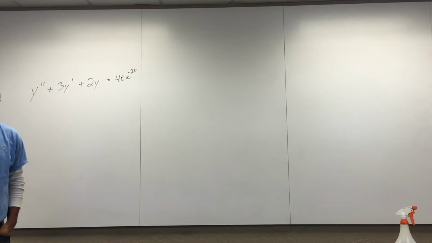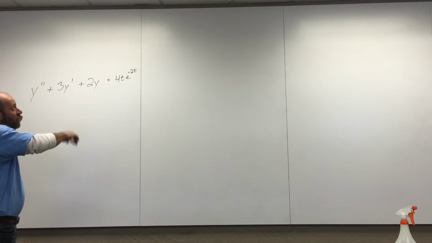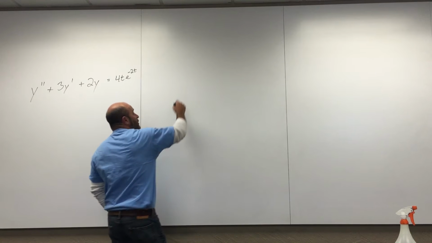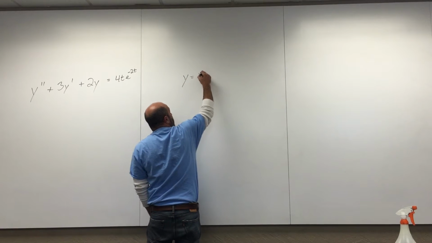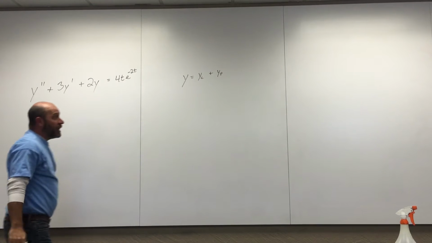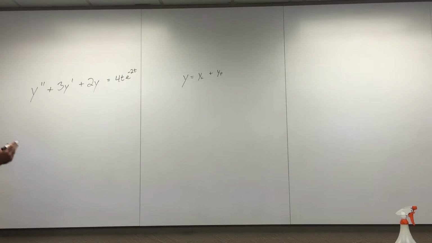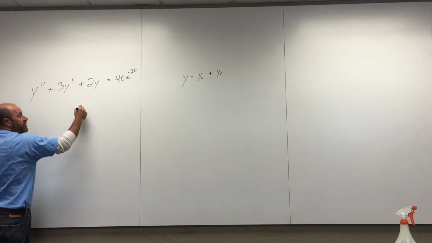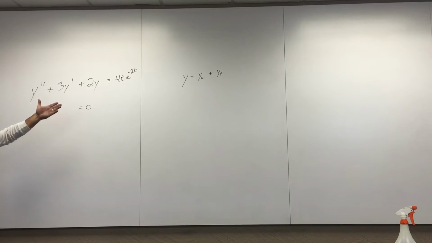So, it's been a long weekend. I taught you last week sort of how to solve these. What I said is that the general solution y is made up of a yc and a yp. And we start by trying to find the yc, and you find the yc by pretending this is homogeneous. If you pretend it is homogeneous, then you're pretending it equals 0, and you go through those motions,